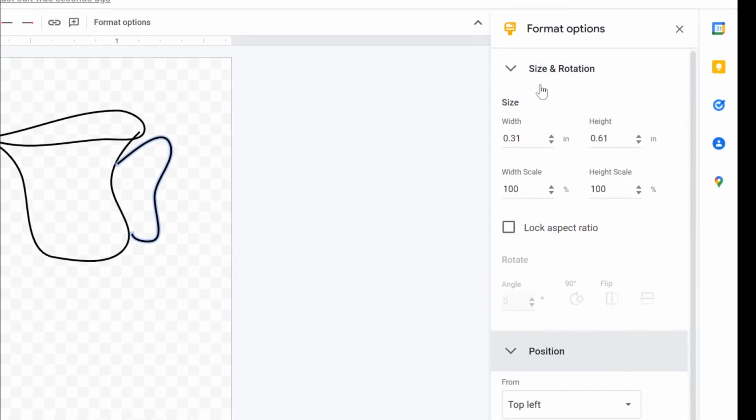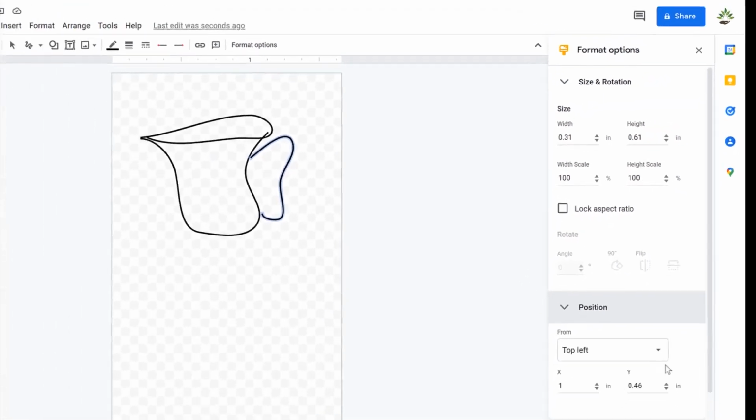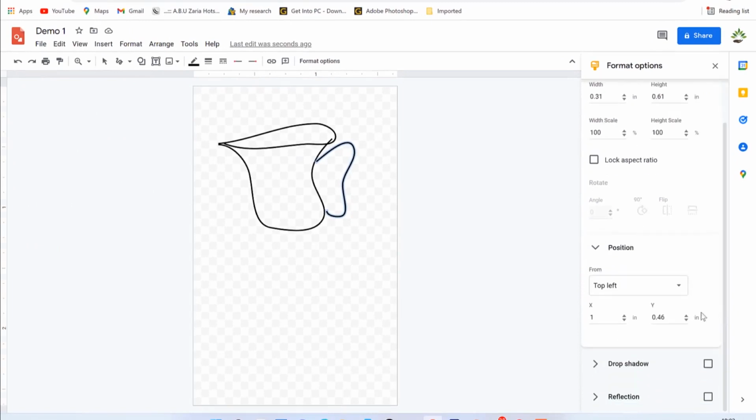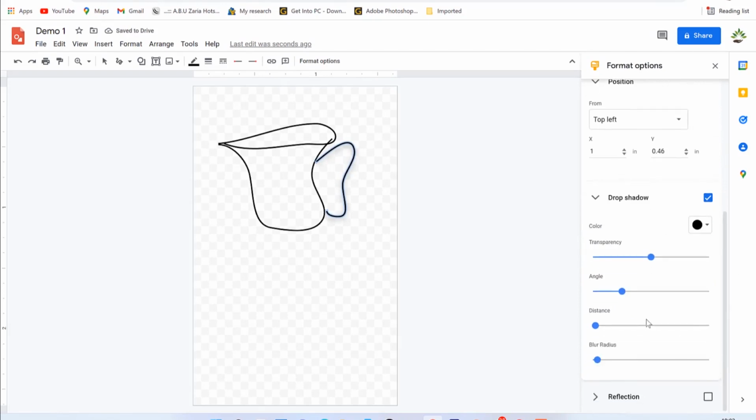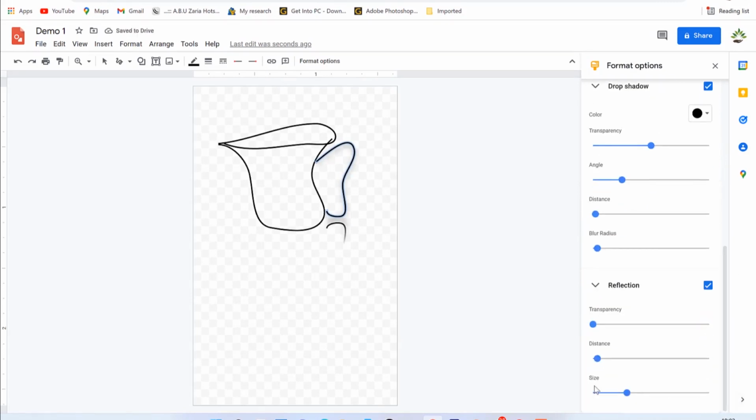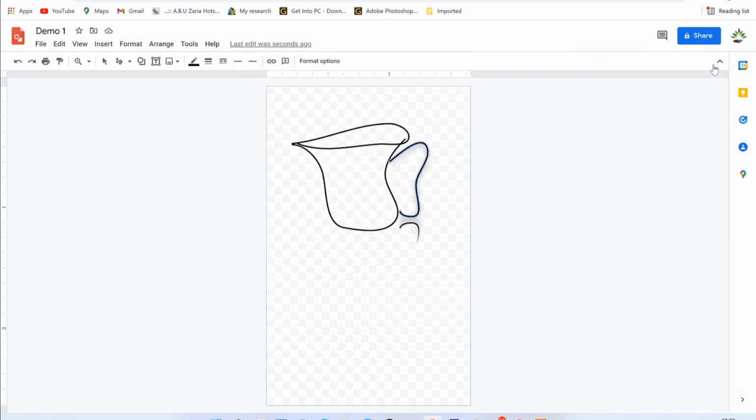Okay, so this is sizing, this is position. You can change the position accordingly, and down here you can change the drop shadow. Okay, you can change the drop shadow equally. You can increase it, bring in different kinds of transparency and all that, and you can bring in reflection as well. You can add reflection, and you can see you have some reflection features, especially attached to the handle of the cup. So let's say we are not going to touch anything as regards this,